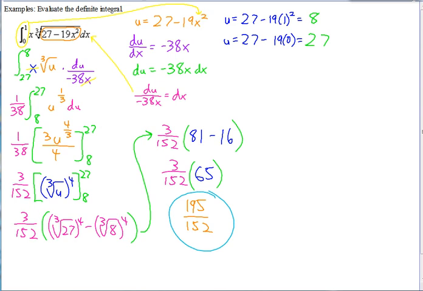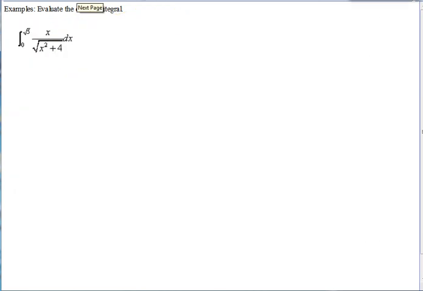All right, let's look at a few more of these problems. On the next one, again, there's no quotient rule for integration, so to make this simpler, let's try to use u substitution again. In this case, the only function inside is that x squared plus 4. So if we set u equal to x squared plus 4,